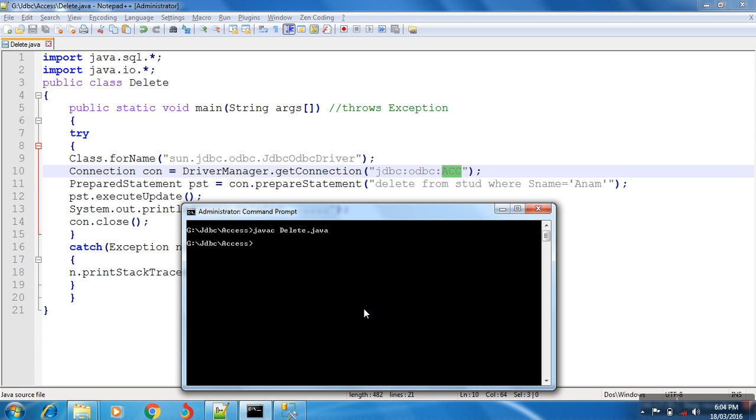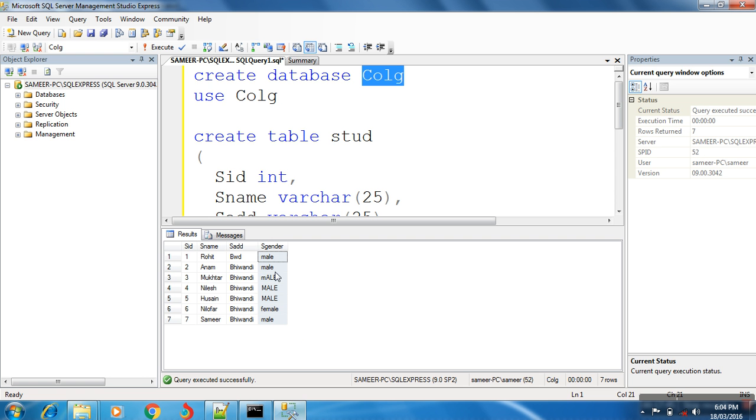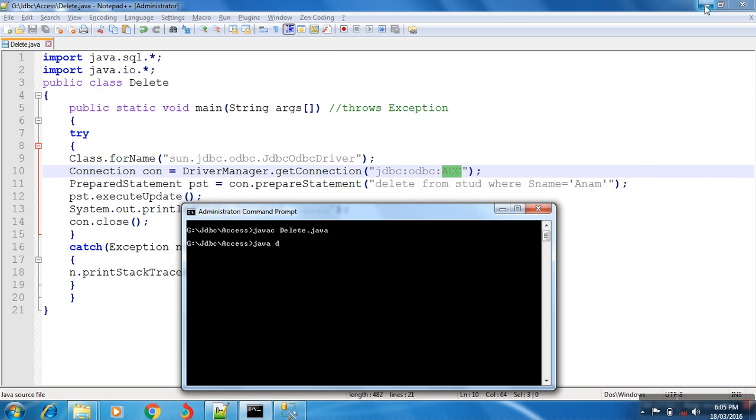A single error is not there. The program compiled successfully. Then you have to run your program. First see here, Anam's name is Anam, ID is 2.